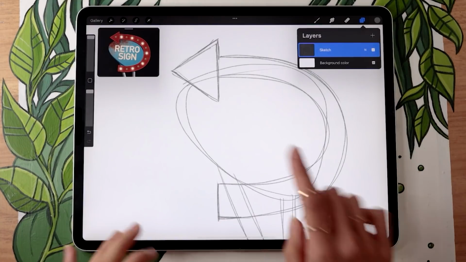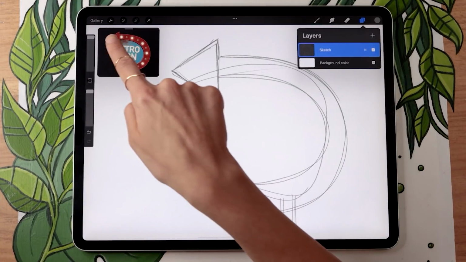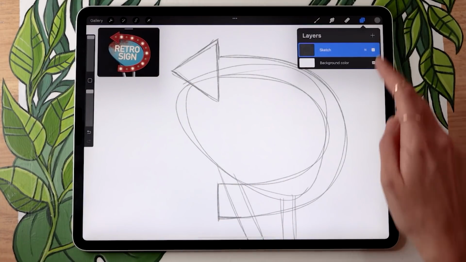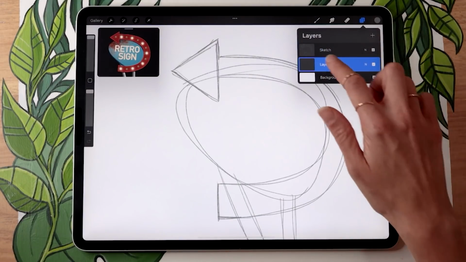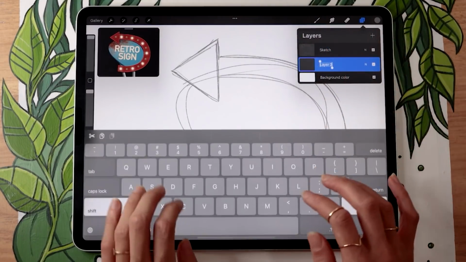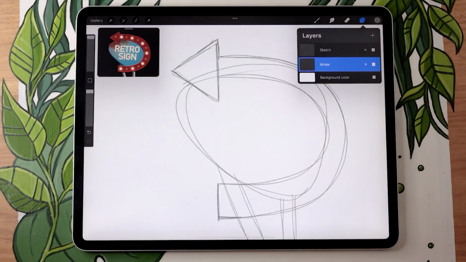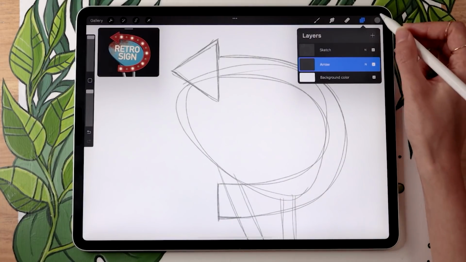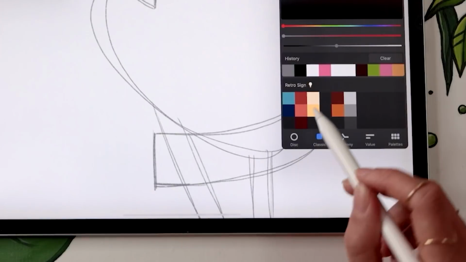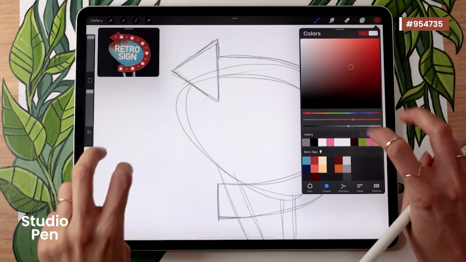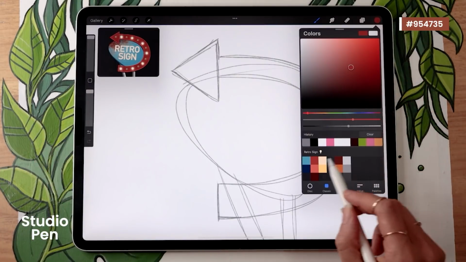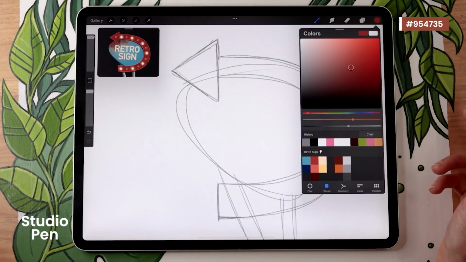For this first technique, we're just going to start by creating a solid shape for our arrow. So we're going to create a new layer. We're going to put this layer below the sketch, and we are going to rename it to arrow. We're going to select the main color we want the arrow to be. If you're using the color palette, it's going to be this red right here. Otherwise, you can really pick whatever you want. This is the color we're going to use as the anchor, if I should say, to create the rest of the palette. So for now, don't worry too much about it.